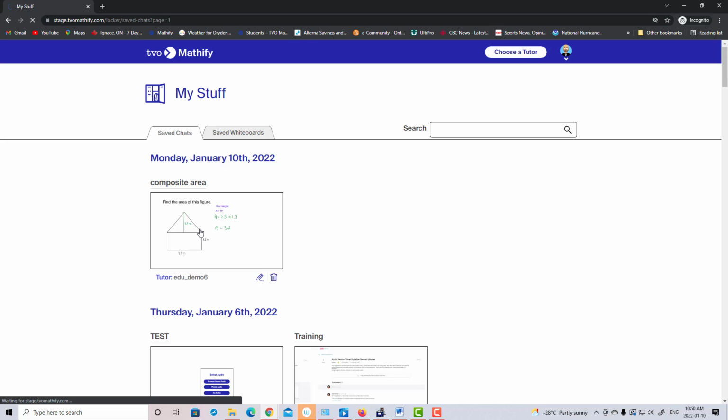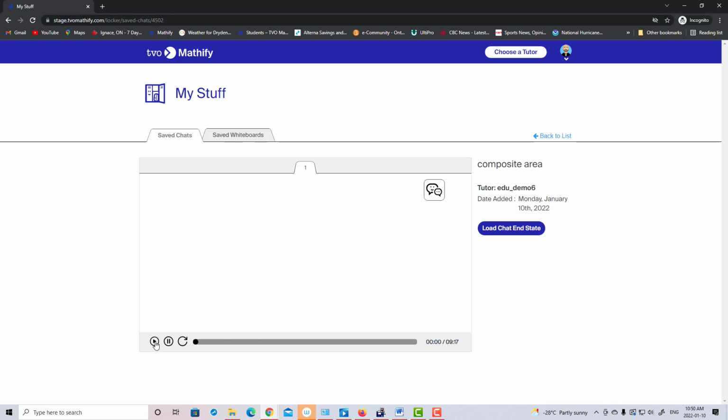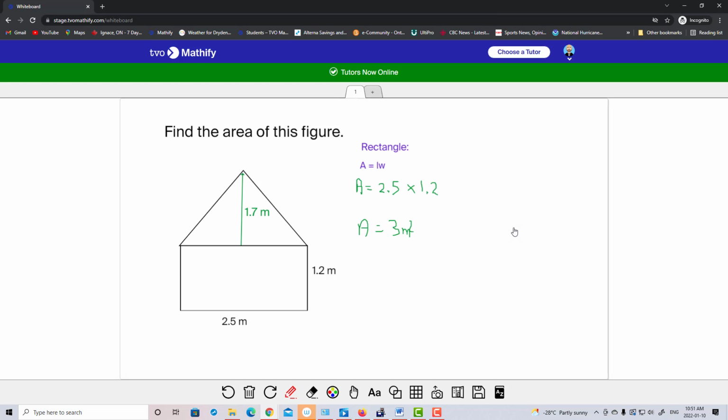If you click on the session, of course, if I want to replay it, I would just click on play here. But what I want to do is click on Load Chat End State. And what that does is it changes that chat into a set of whiteboards. If there were 2 or 3 or 4 or 5, you'd see all of them. So here's the question, and of course you could just click Choose a Tutor,